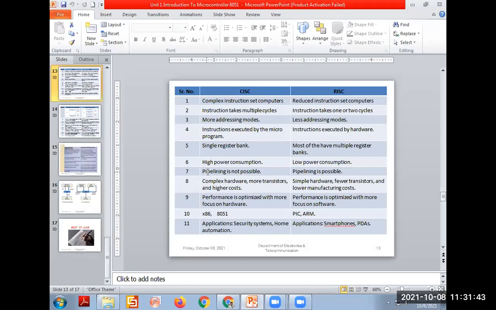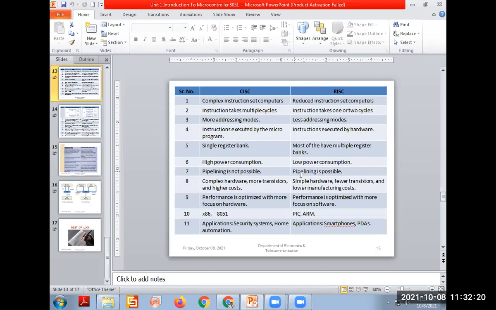We are up till now on pipelining. Pipelining extension. In case of CISC, we don't have the pipelining type of architecture, but in case of RISC, we have pipelined execution of instructions. What does pipelining mean? We have 3-stage, 5-stage, 7-stage execution. 3-stage means 3 instructions at a time can be given to the processor. Out of 3, the first is fetched, the second is decoded, and the third is executed. That is called parallel execution of instructions. That's why the execution time is very, very small in the case of RISC.